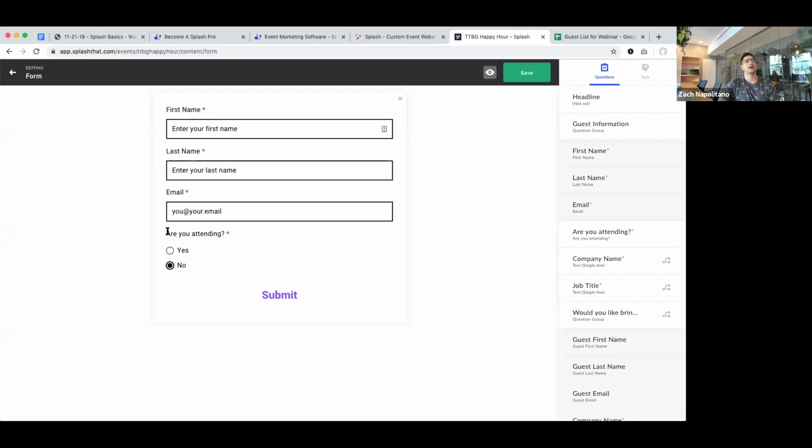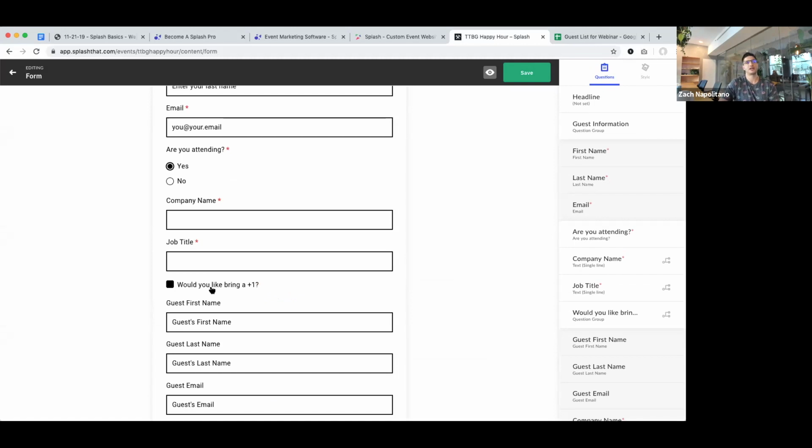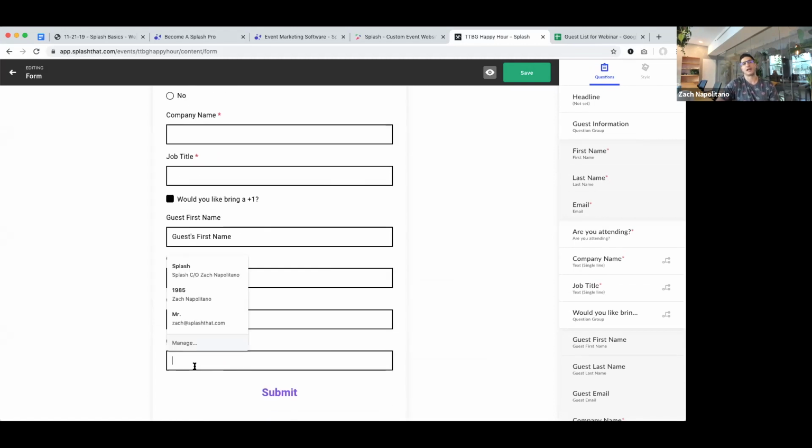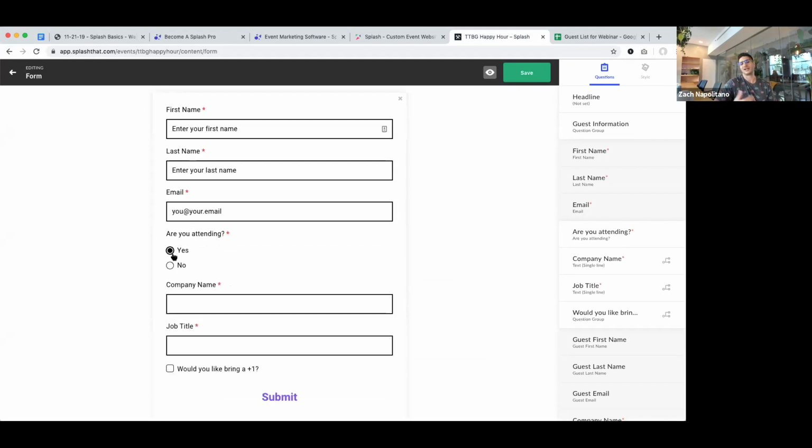Fantastic. So now a no response will garner just a simple first name, last name, email. A yes response, I'm collecting all the information from my primary guest, including their +1 and the company name of their +1. Wonderful. What I enjoy about the form, especially with conditional logic, is you can test if you set up the logic correctly without having to fully preview the page. It's a live editor, so you can do your quality assurance on the form right then. All right, we've set up our form.